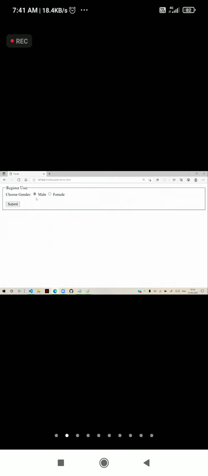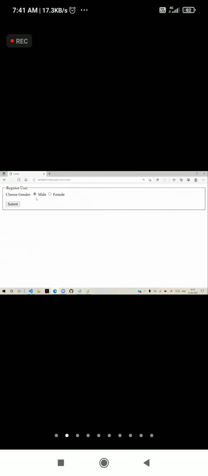So when to use radio buttons? When you think the selection of one option is mandatory and the user cannot ignore it, and out of many, one can be chosen, but one should be chosen by default. In that case, we can use this. Why? Because radios, once selected, cannot be deselected.